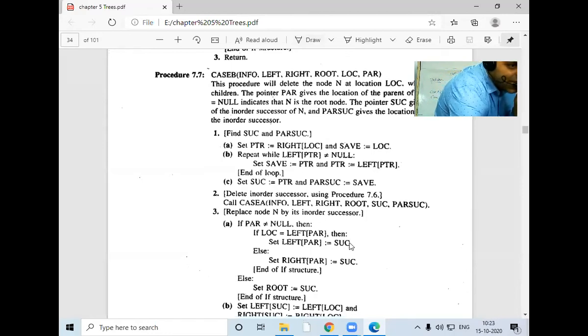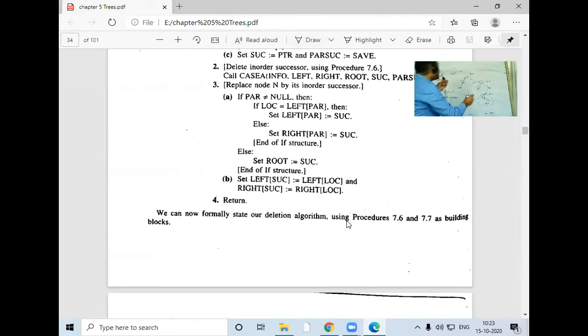Now see the step ahead. If 46 comes here as successor, then who will become the left of 46? 36, which was the left of location. See the B part of the third step. Left of successor will be which was left of location, and right of successor will be which was right of location.